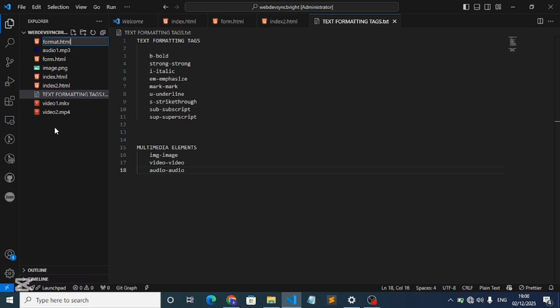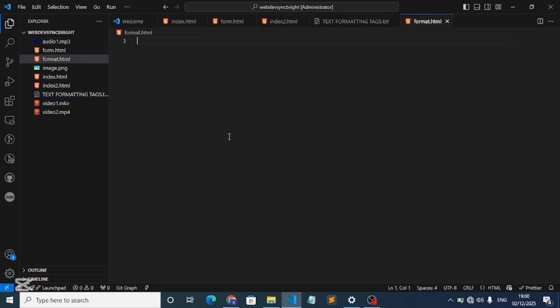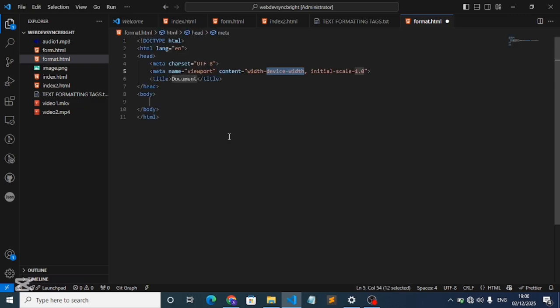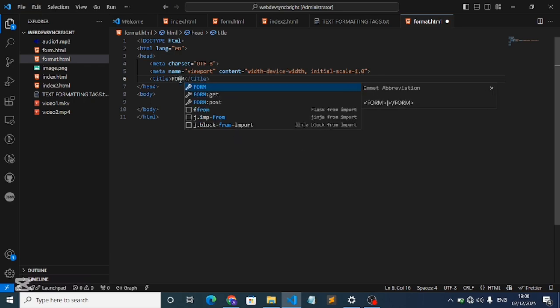But if you check my folder, there is a file that has the name index, which makes it that I can't name it as index. So I'll name it as format.html, and I will head to my HTML, generate the normal structure which we are all familiar with, then convert this to the title, the formatting tags,